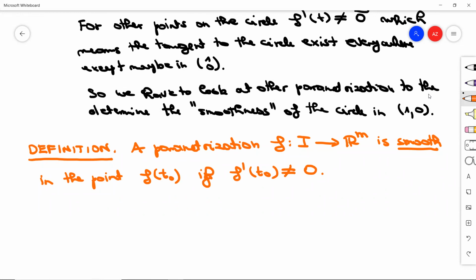So this is smoothness of the specific parameterization, while a curve